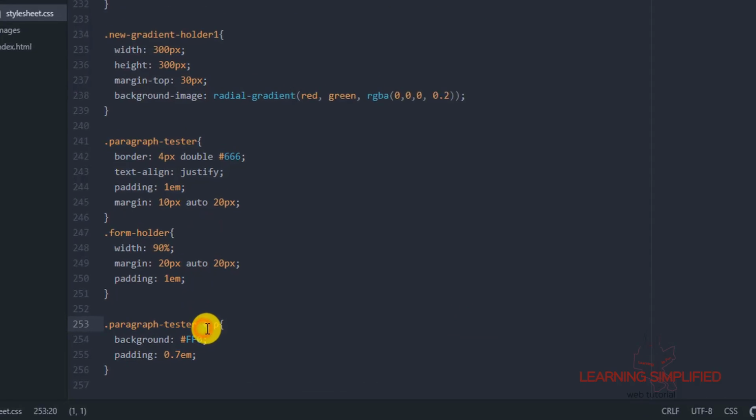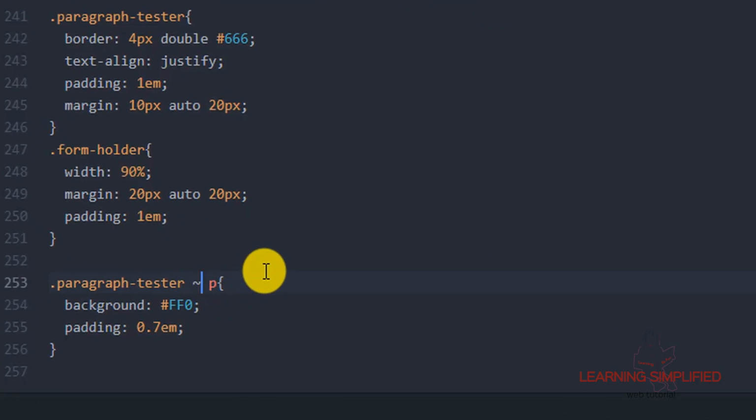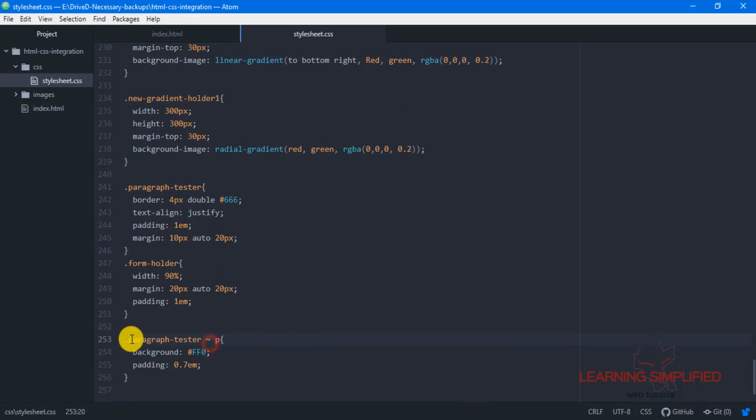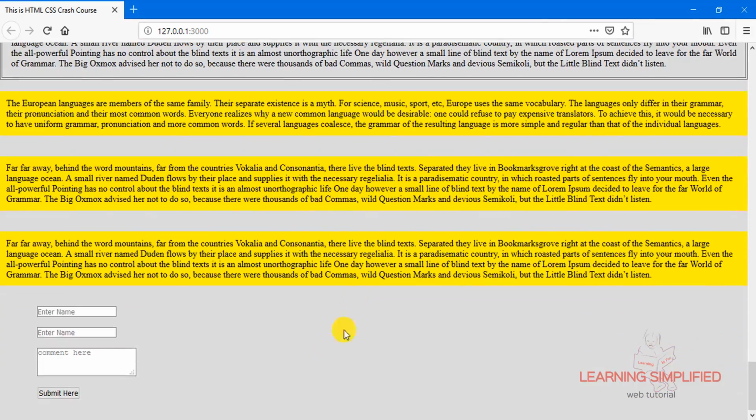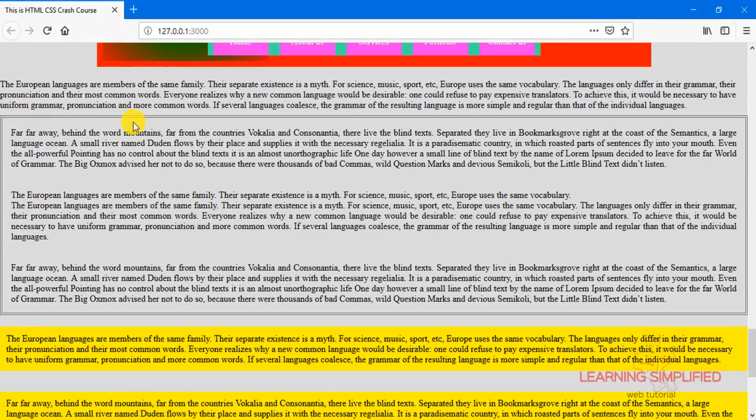If we replace this one with the tilde combinator and press Ctrl S, the purpose of this selector is to match every following element that follows this particular div block element holding a class of paragraph tester.